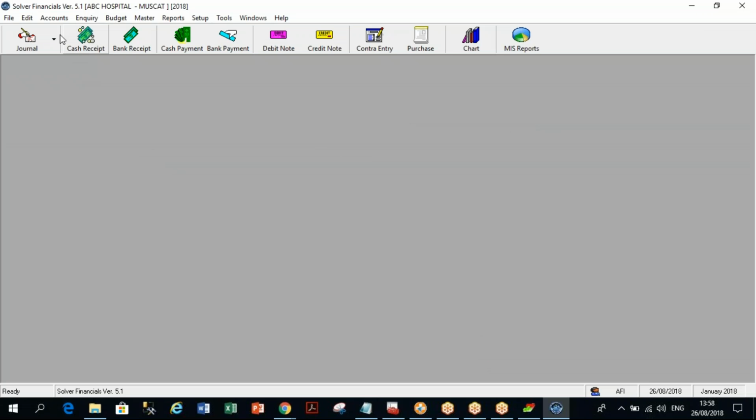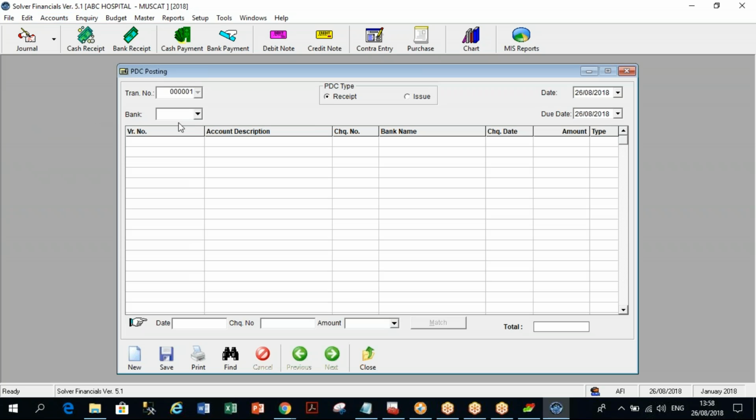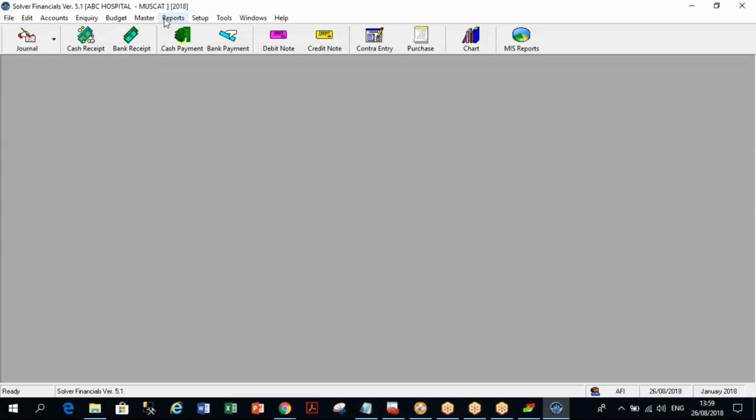Okay, so these are the options available in the accounts, like journal voucher, payments and receipts, other vouchers, miscellaneous voucher, PDC deposit. PDC deposit is something like the PDCs that you issue and receive, that can be managed through the system. The PDC posting can be done through the system. And then comes